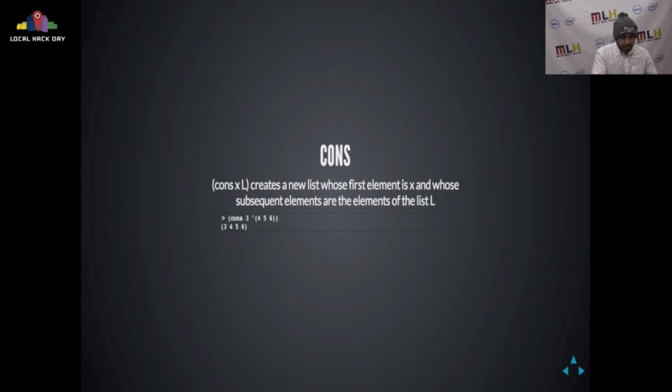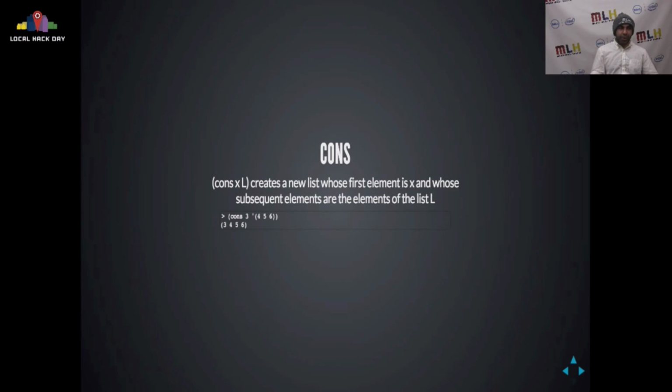Awesome. So then another list operation we can do. We have car, we have cdr, and the last one is cons. Car and cdr read from the list, and you grab an element from the list. Cons is how you add elements back onto a list. What's going to happen is you're going to give it a single element and a list after that, and cons will return an entire list where the first element is added onto the list that you're